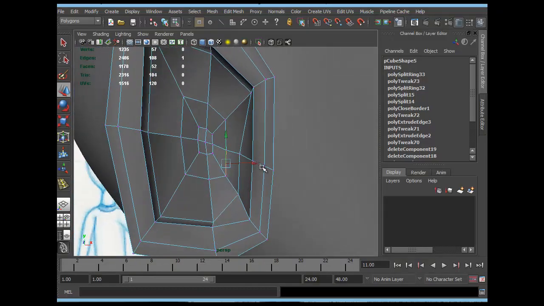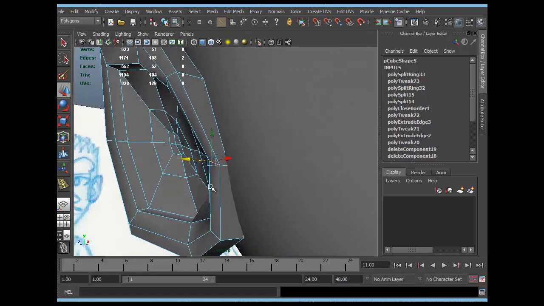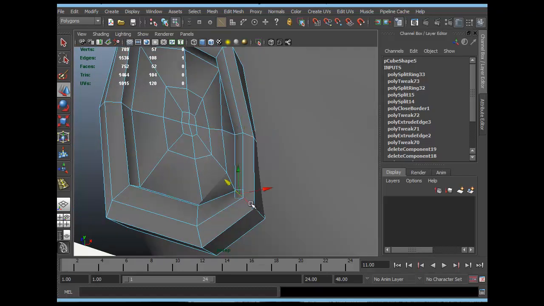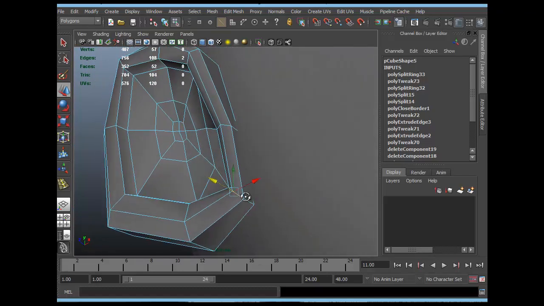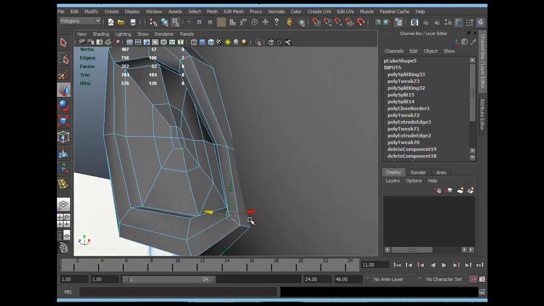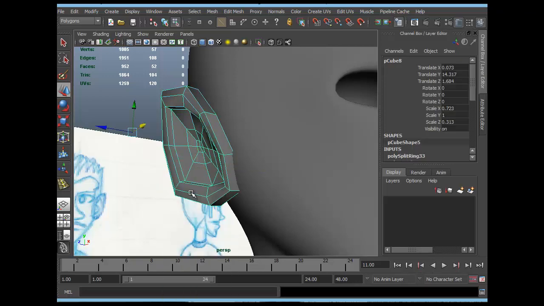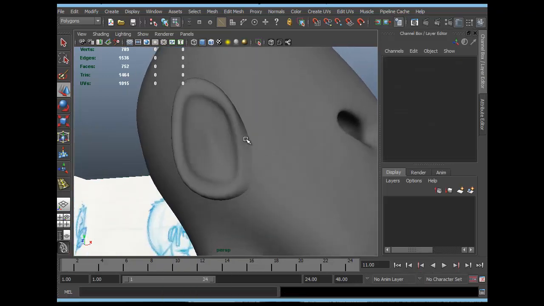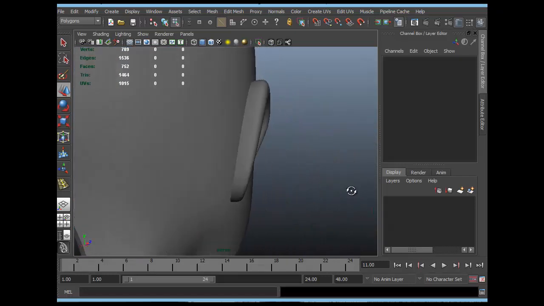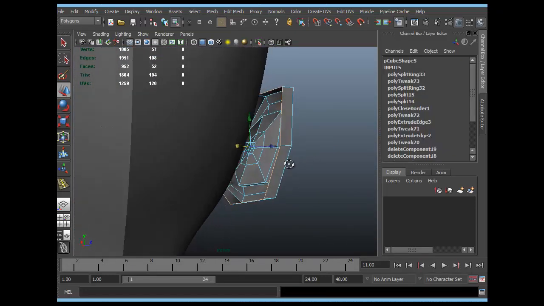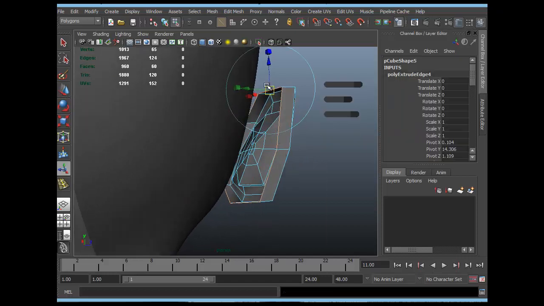Okay, I'll select these vertices 1, 2, push them a little inside. I'll do the same for these 1, 2, push them down. I'll select this one, push it slightly out. Okay, so that looks like the ear. Now the back side, it is opened. We'll have to select all of them, extrude, scale it down,